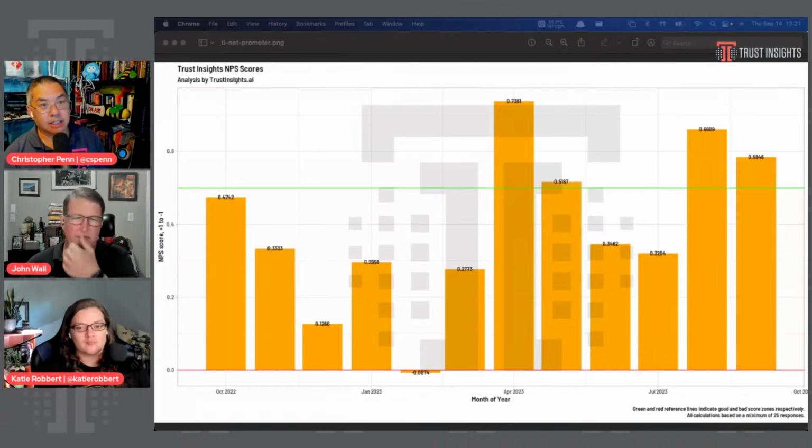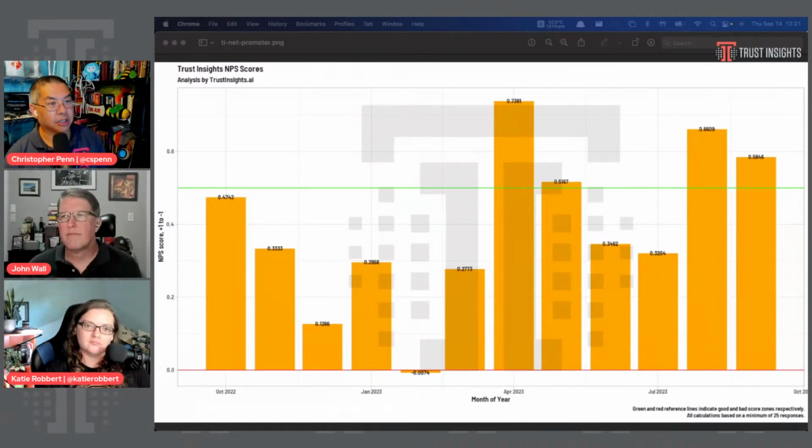The other thing, and this is what I typically think of when I look at this data, is that the intent to recommend is higher in some months than others. When the intent to recommend is above the green line, to me, that tells me that someone like John could be more aggressive in sales pitches. People are generally positive about us. People are generally thinking about recommending us. That's a good sign, as long as it's statistically valid. I'd be okay with maybe two sales promos this month instead of one, or with John doing some more